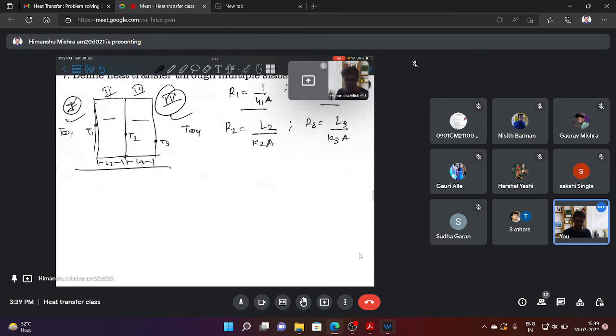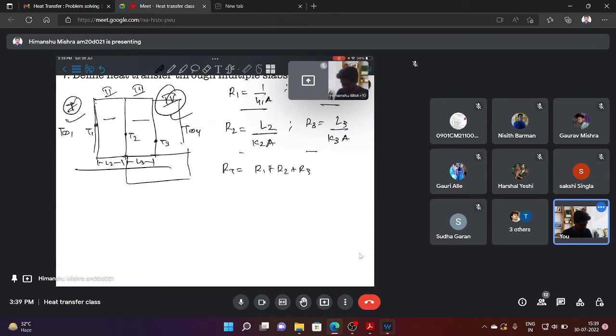So in this way you can just simply keep adding slabs, not necessarily in a series manner, but you can also add slabs in a parallel manner, and you can define the other modes of heat transfer like convection and radiation at the end of the slabs, and in this way you can keep adding the resistance functions. So for the series connection, we just need to add all the resistances, do the summation of all the resistances